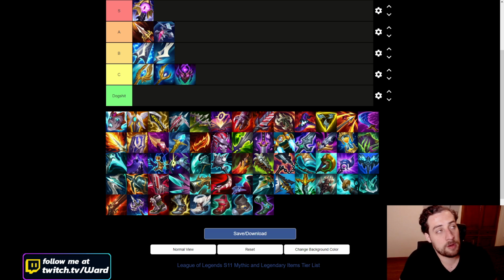Muramana, the thing with Muramana is that it's worse for Kayle. Like you're worse early game, right? Than AP Kayle. And you're worse late game than AP Kayle. You have a really strong power spike at your second item though. Like if you build first Muramana, then you build